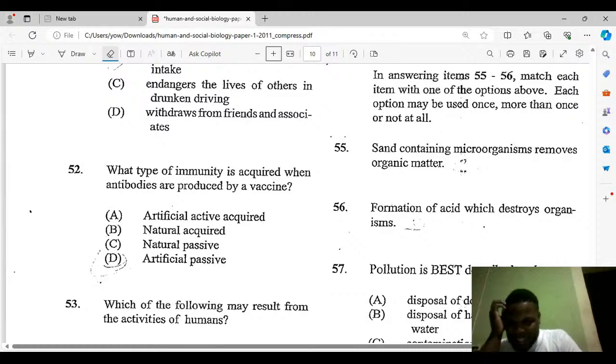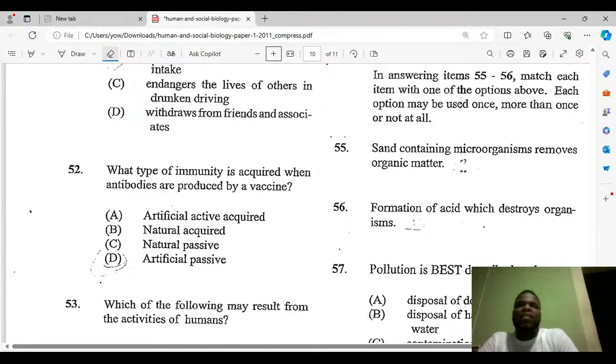I don't think it would be D because artificial passive is when antibodies are passed across to provide a newborn. No, not necessarily. Artificial passive is not necessarily about newborns. Artificial passive is when it's passed on overall. Artificial, we are talking about artificial, that's not natural. So it's when you make the vaccine, and then it's now not a vaccine alone, but vaccines are the more typical answer. So artificial passive is not necessarily that.